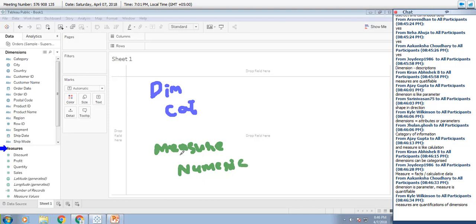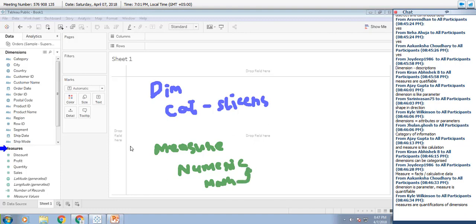Dimensions are information which helps in viewing the data or slicing the data. So basically they are slicers. And measures are basically what? Those on which mathematical operations can be done. Math will be applied on the measures.